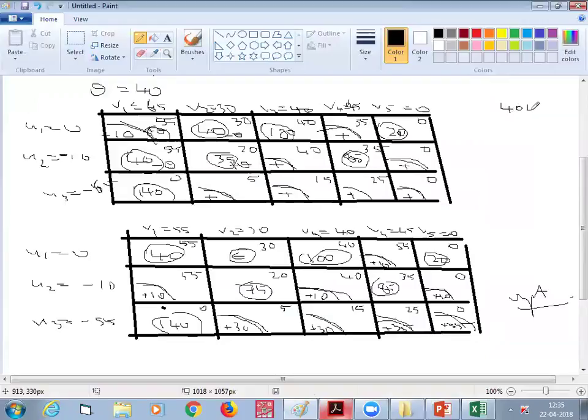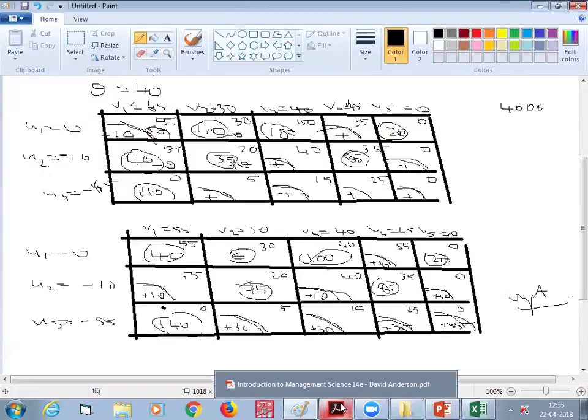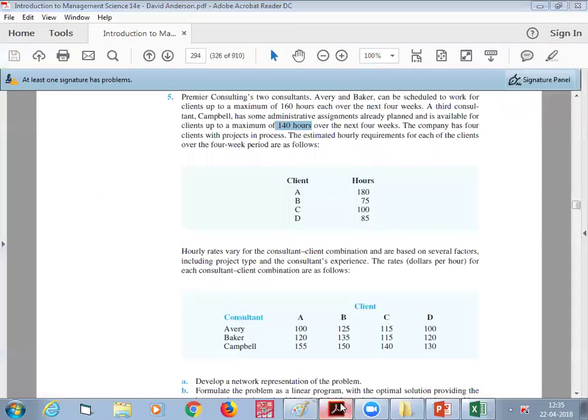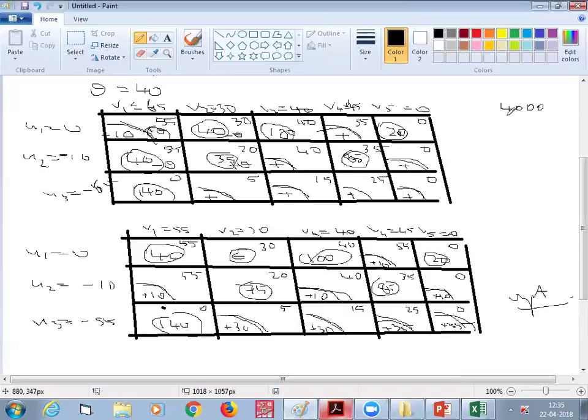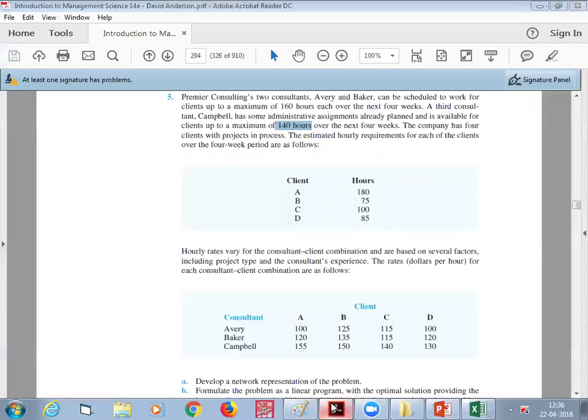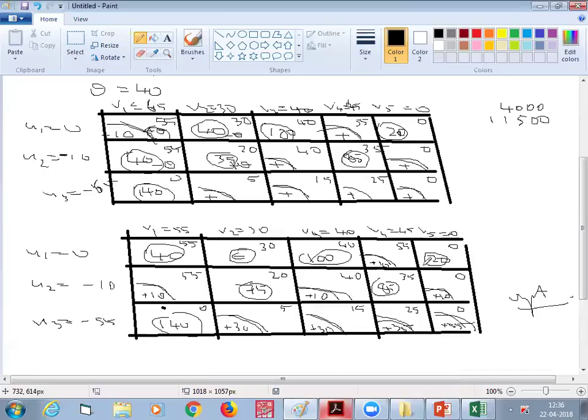So 4,000 there in terms of total profit. Then 100 into, oh sorry, not that one. 100 into 115. So 100 into 115 is 11,500, right? 11,500 comes there. 40 into 100, yes. Okay, 100 into 115, okay. Next is 75 into 135. Oh, 75 into 135 is,